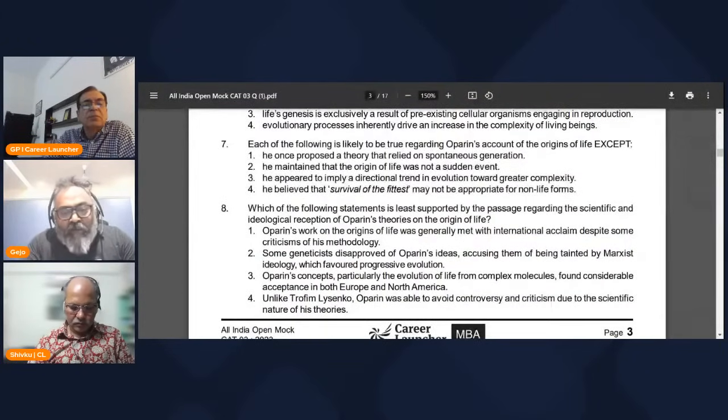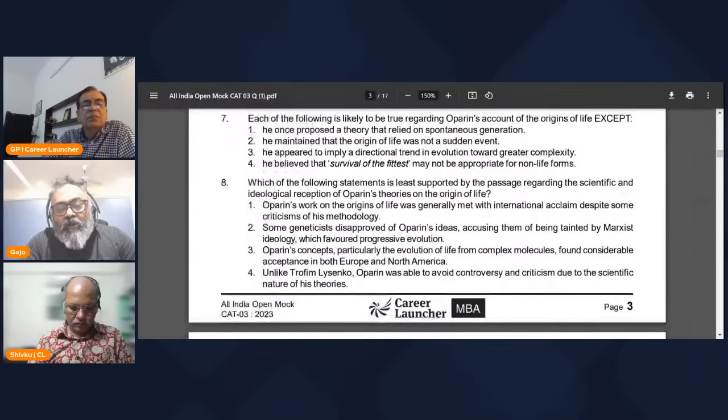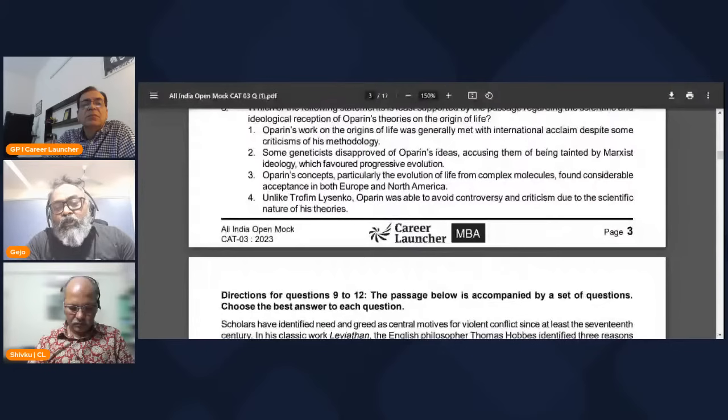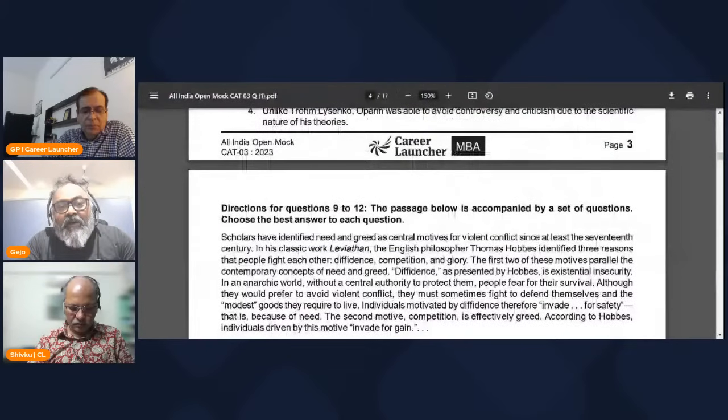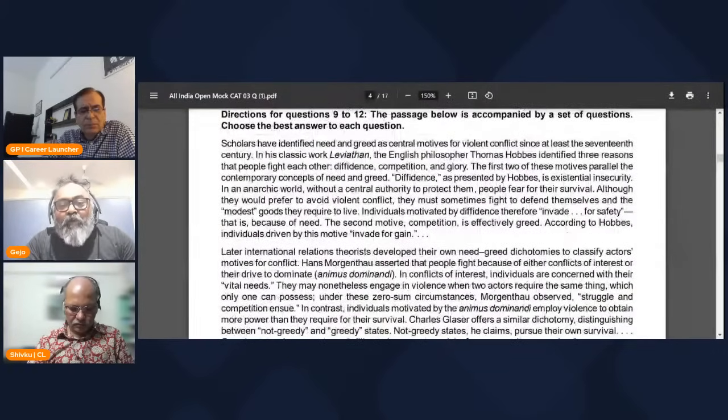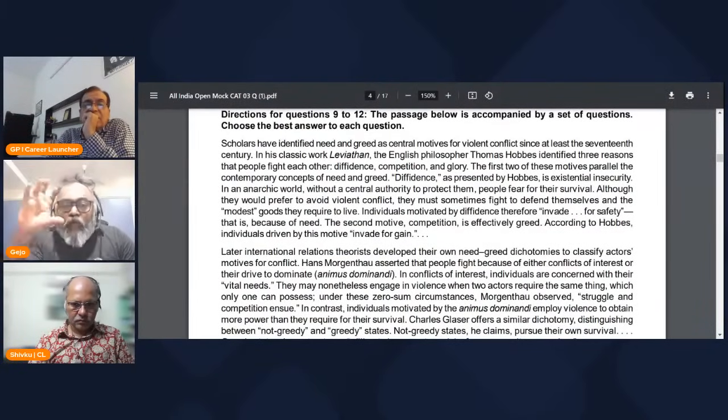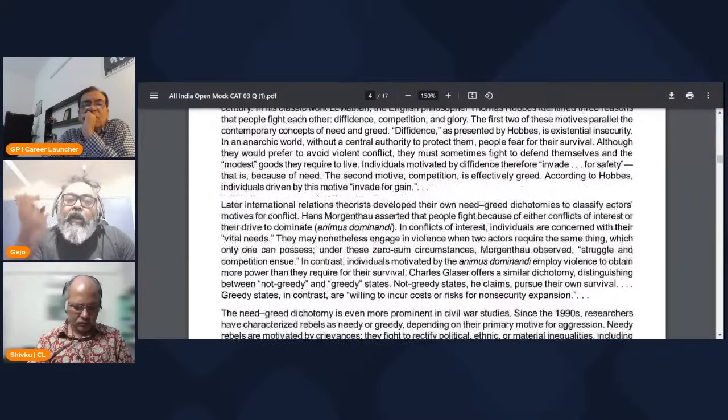Passage number 3 was probably the easiest passage to read. I don't know whether people found it an easy passage to read. This was actually taken from a book on oil wars, a book I picked up, and this particular passage was a short reading. The entire passage is talking about the need-greed